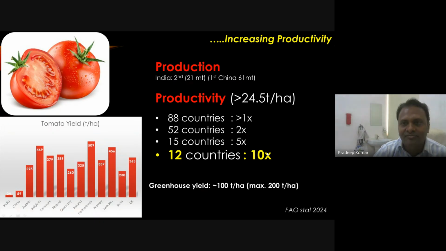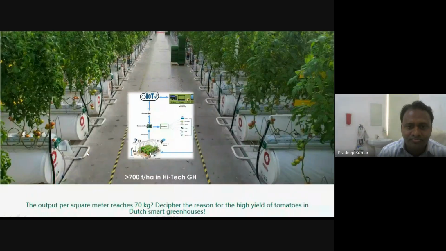So it gives an indication that we can also achieve this level if we can control all the microclimate, nutrition, and everything. Even recently in one report, a Dutch greenhouse yielded more than 700 tons per hectare using all the modern tools and techniques, especially in resources. If you see the recirculating water vapor, they are dehumidifying and collecting water, and this water use efficiency is very high. They are providing nutrients, and in the recirculating system the nutrients are corrected, the changes in nutrient composition they are correcting automatically, and CO2 level they are using 800 to 1000 ppm consistently,